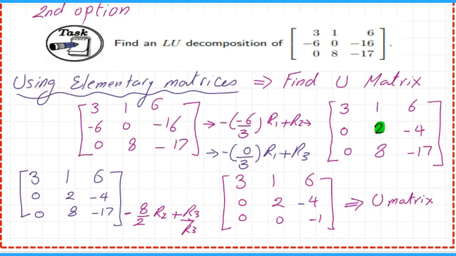We need to check by the second option, using the elementary matrices. In order to use the elementary matrices, we will convert this A matrix into the U matrix and trace whatever row operations we have used, but we will convert them into elementary matrices, which will be on the left side of the matrix A.